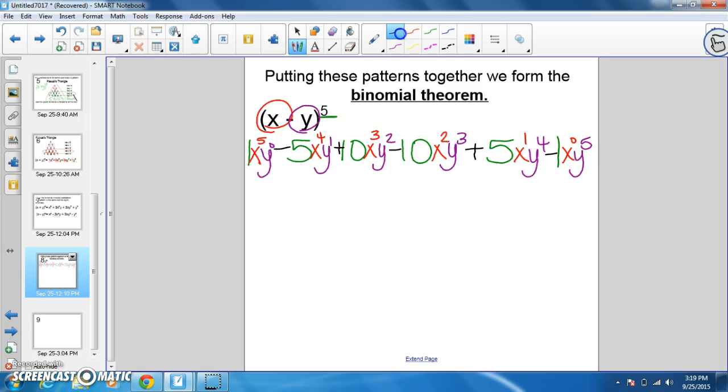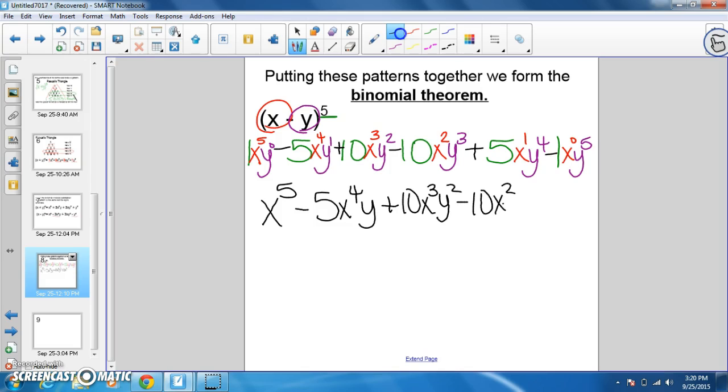The last thing we're going to do here is get rid of y and x to the 0 power, because that is just 1. So our final answer would be x to the 5th power minus 5x to the 4th y, plus 10x to the 3rd y to the 2nd, minus 10x squared y to the 3rd,